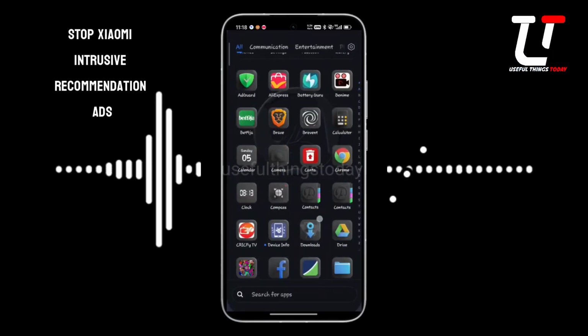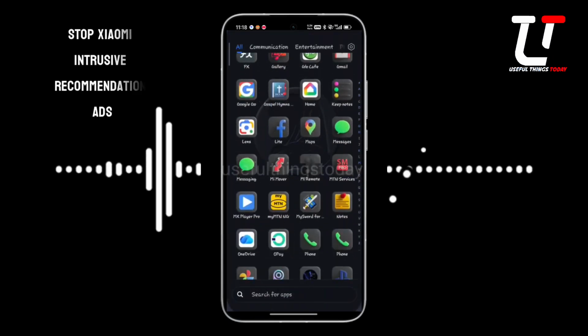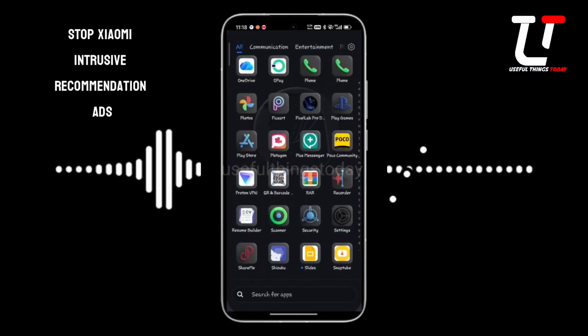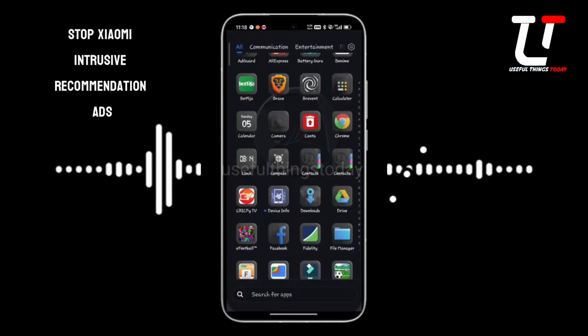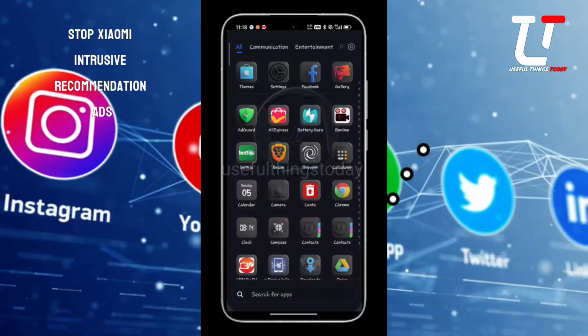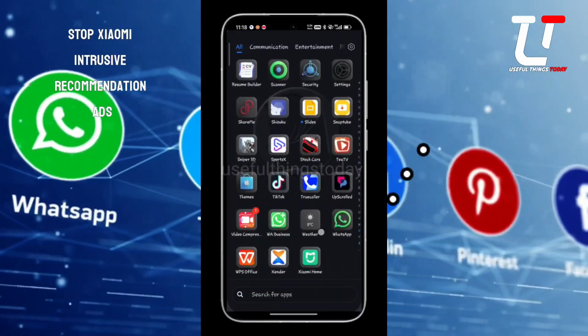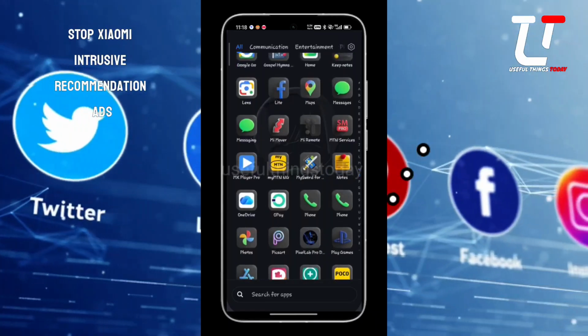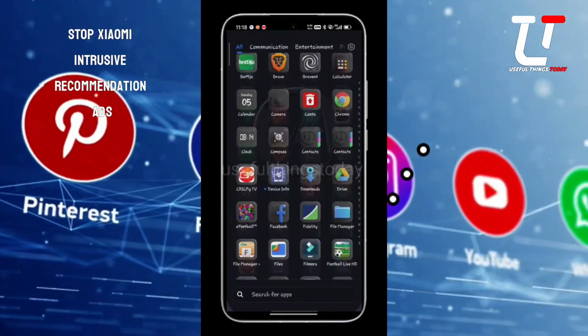You've heard of intrusive ads on your Xiaomi phone. Sometimes you are just scrolling some applications, you see some advertisement being popped up, or you see what they call recommendation, which is adverts by Xiaomi, Poco, Redmi, HyperOS, MIUI. So in this tutorial, I'm going to show you how to stop every recommendation or recommended ads settings in your